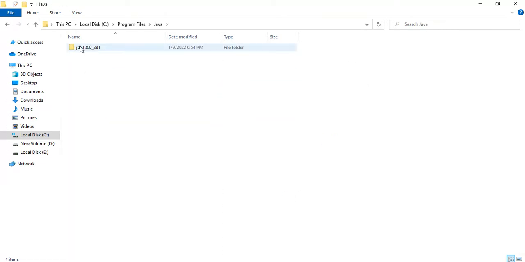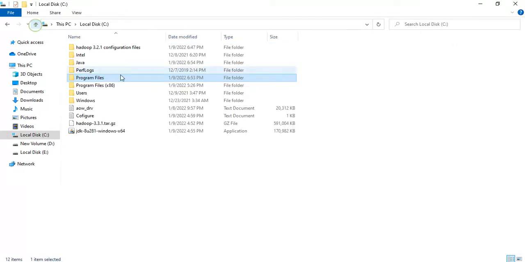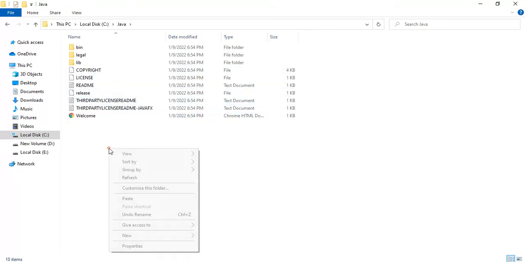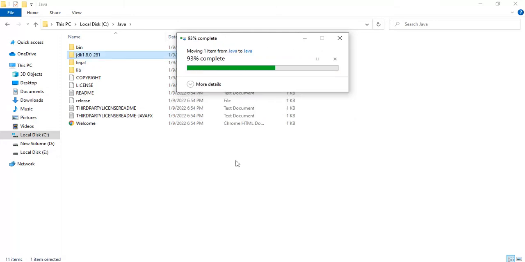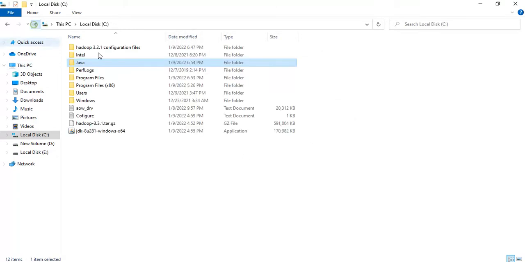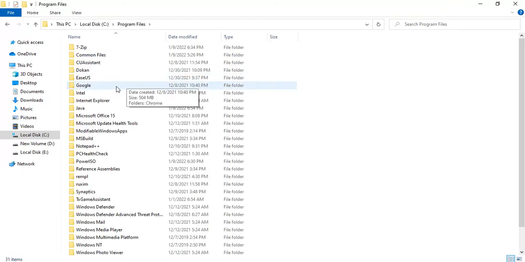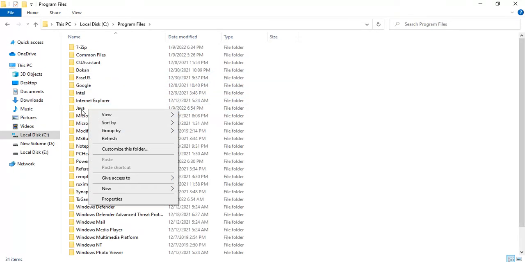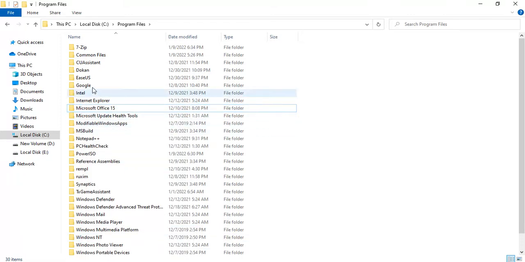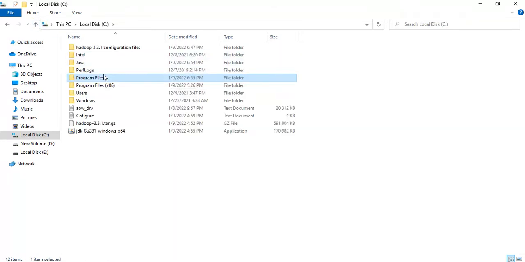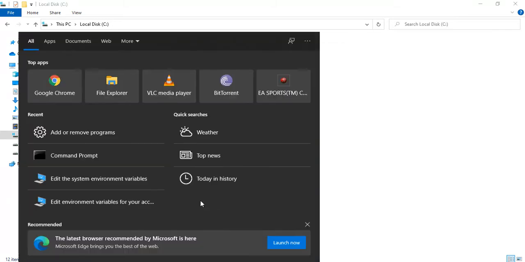There is a Java folder. We have to cut this one, and we will paste it in the Java folder here. It will ask for permission, and then it will be pasted. We will go back to Program Files and just delete the file, and after that we will